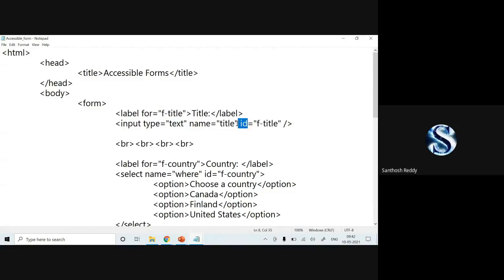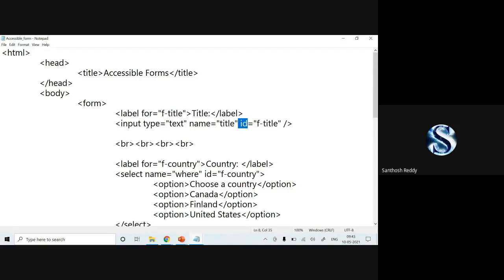Okay. Suppose we have a title. For the title, we want to link with the text box. So for the title, we have to use an attribute called for. For that for attribute, you can specify any value. Next, for that label, you are going to take an input with the type equal to text. In that tag, we have to specify one attribute which is called ID. Whatever value you have specified for the for attribute in the label, the same has to be specified for your input tag's ID.